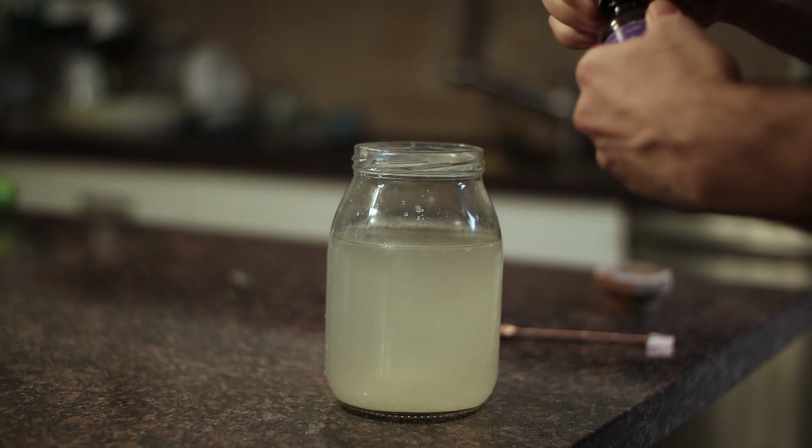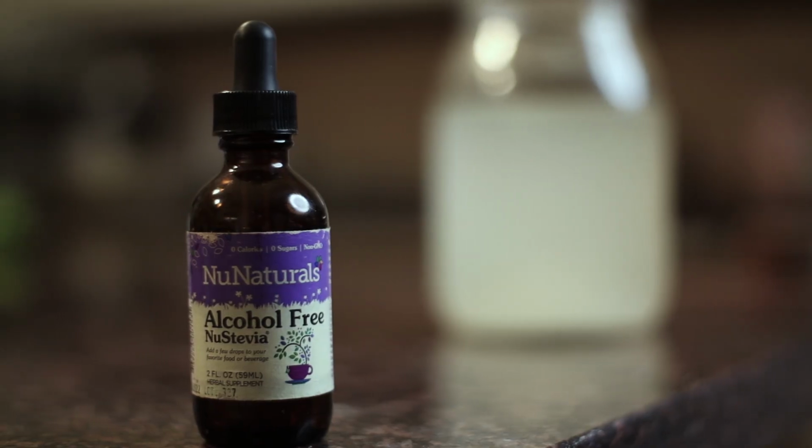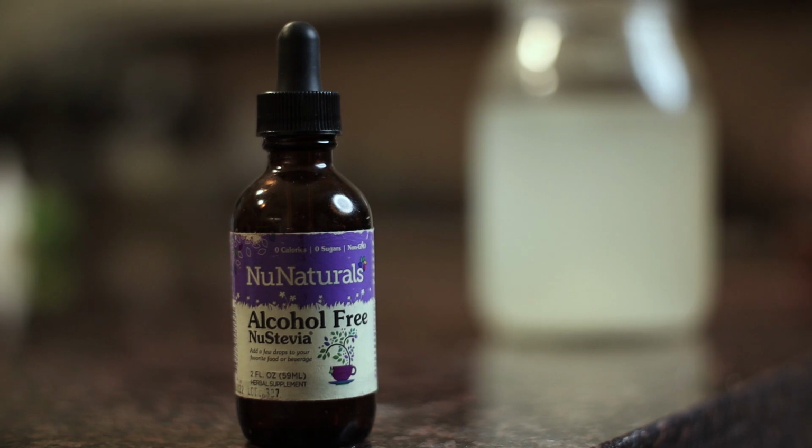Now, I do personally add in one more ingredient, as I like this drink to taste extra delicious. Something about citrusy, salty, vinegary water tastes that much better when it's sweet. At least to me. I use a liquid stevia in glycerin or water, as I can't stand the ones mixed into alcohol. For those of you doing intermittent fasting,